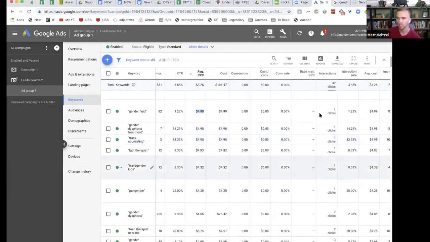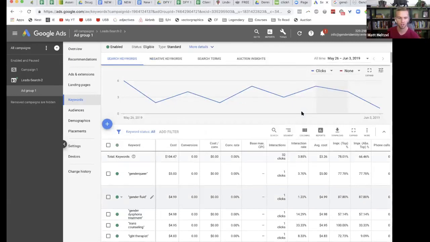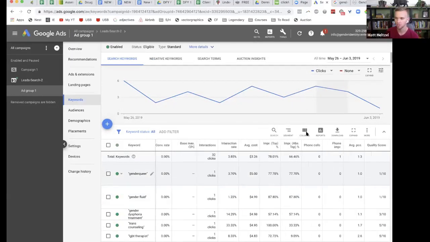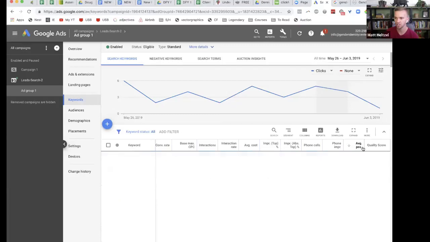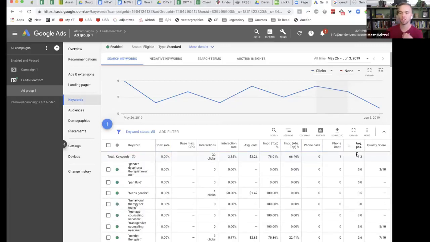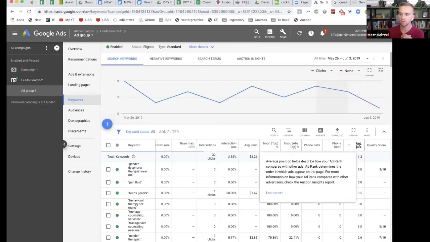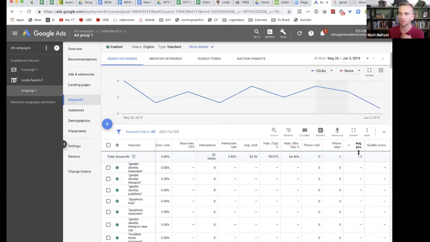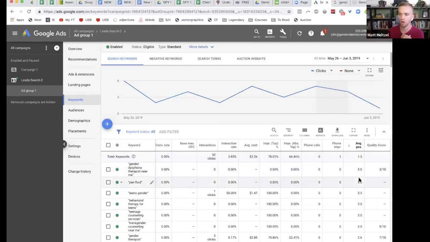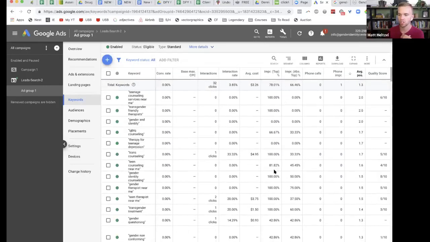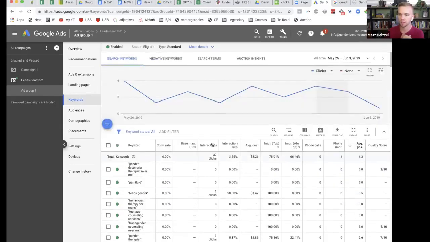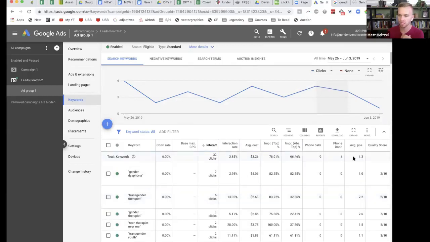What I'm going to show you over here, now just follow with me through these. You don't need to write these all down, but just follow with me. If I go over to average position, my average position on these is 1.3. Some of these don't have really any clicks, but on the stuff that does have clicks, my average position for this keyword right here is a 1.